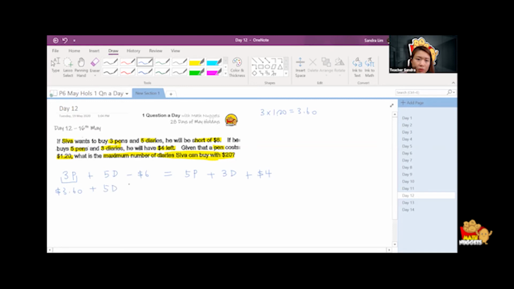So $3.60 plus 5 diaries minus $6. Then this as well, 5 pens. So 5 times 120 gives me $6. So $6 plus,